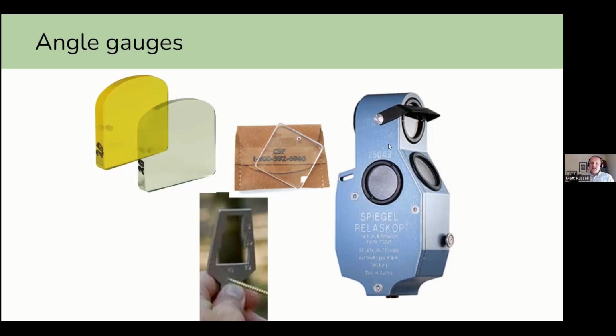And then this is a really interesting German tool, the reloscope, that some people still use today, that helps to measure trees using this idea of refracted light and some of these different sighting angles. This tool is still quite expensive. Not a lot of foresters have these, but they're still widely used. A lot of the newer technologies you might see, like laser pointers, use some of the concepts from this reloscope to sample trees in the forest.